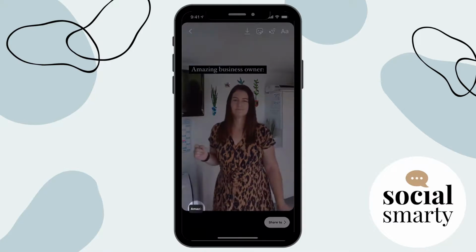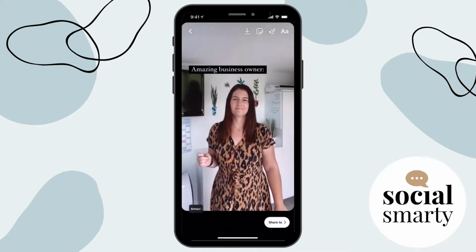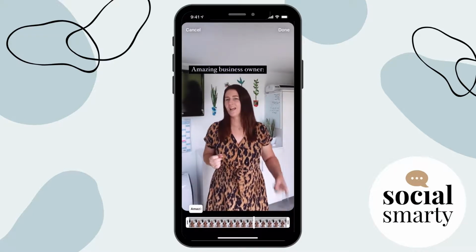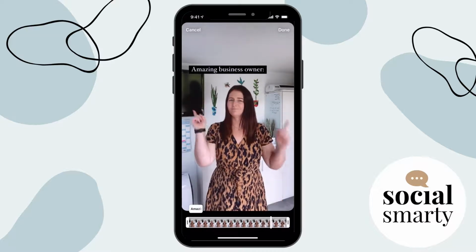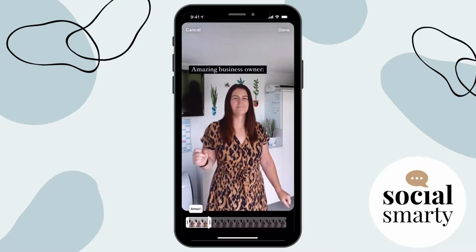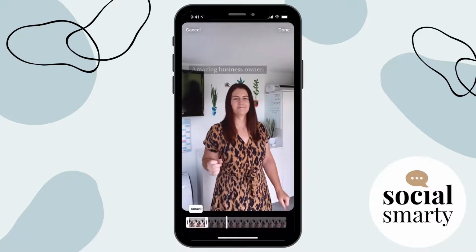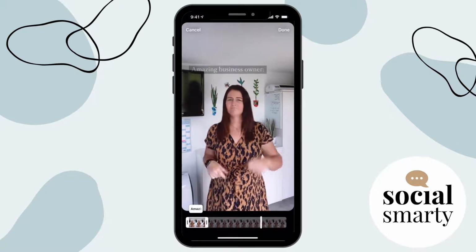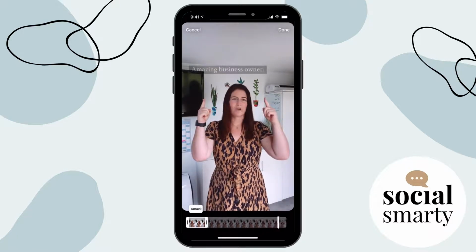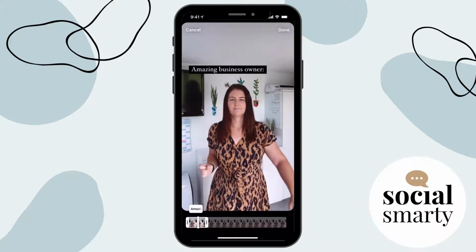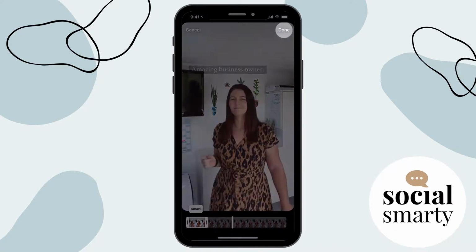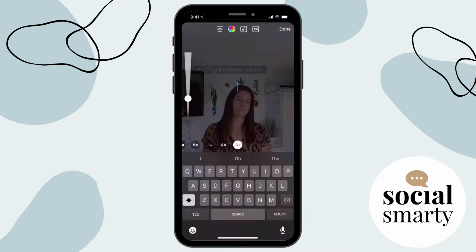And then what we see is down in the left-hand corner, we can see a little tiny text box. So if I click on that, that shows me where that text is going to show up in the reel. So instead of having that text showing for the whole reel, I just want it to show at the start and then disappear. So let's try that. So see how now the text is kind of grayed out, and that tells me that the text is going to disappear. But if we wait for the timer to get right back to the start and play through again, you'll see what happens. So it's showing for a little bit and then it'll disappear. Cool. And once we're happy with that, we can click on done, and then we can add some more text.